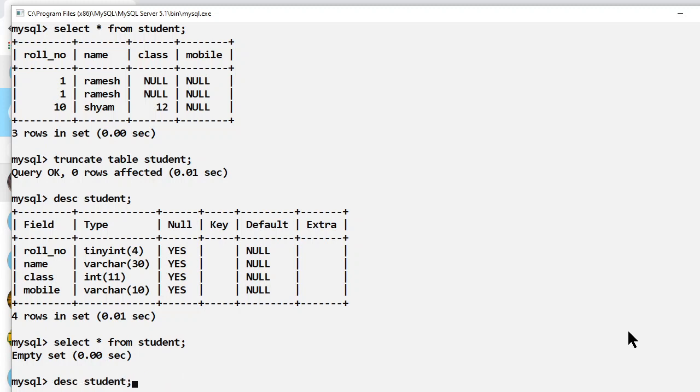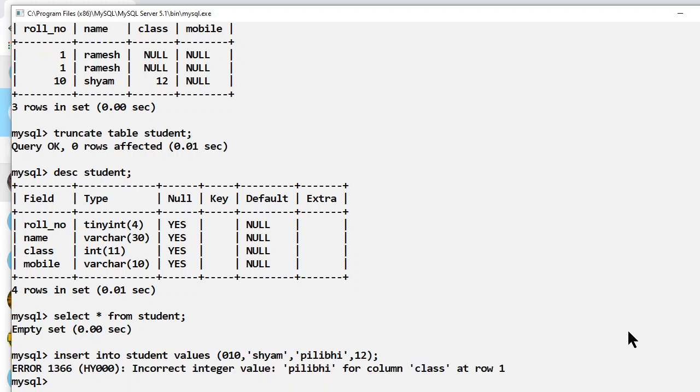Okay, now what if I want to store one more value? Then I will use the insert command. So I am inserting the roll number, then name, third is class, and fourth is mobile number. Mobile number is varchar, so I put quotes.